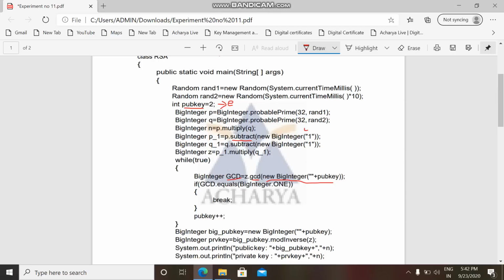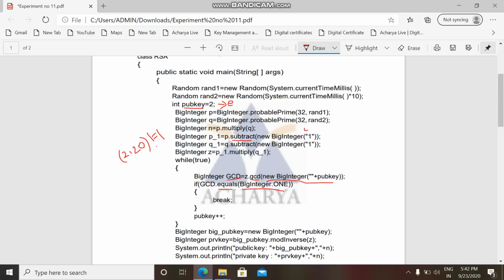Now check if this GCD equals 1. This is again a built-in method and this is a constant. We are checking if the GCD equals 1. If it is equal to 1, break. Otherwise, assume you are computing the GCD of 2 and 20. The GCD of 2 and 20 will not be equal to 1, right?